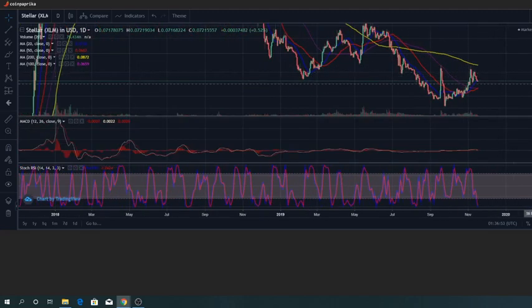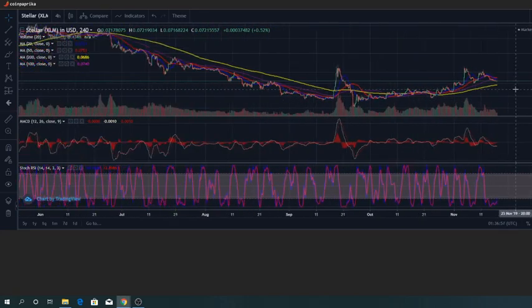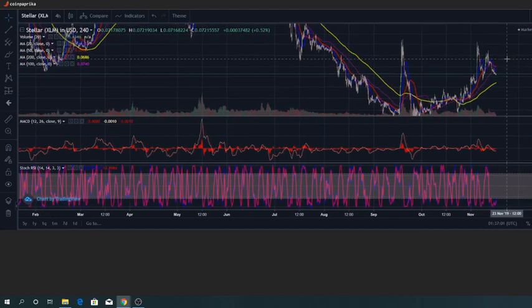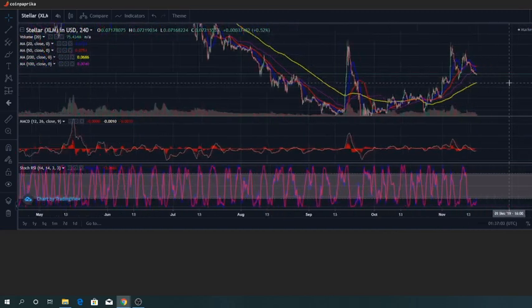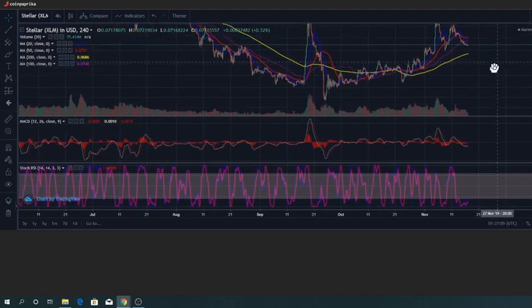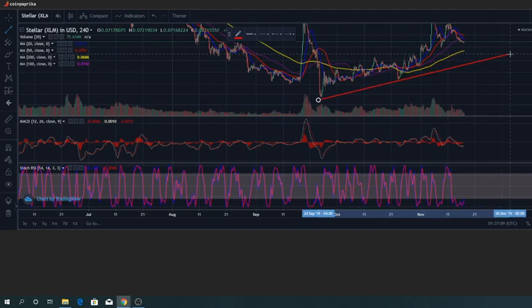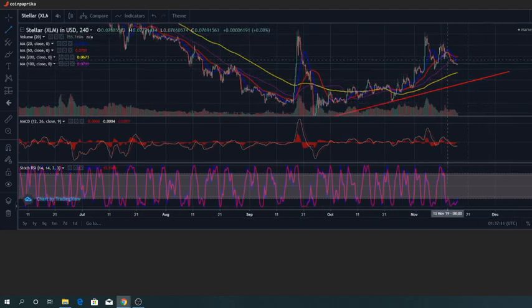But if it managed to break that, that will give a long-term trend showing that the price is above the 200-day moving average. And this is the 4-hour chart and it still looks not that bad. It still manages to keep up that trend line which it has started from the bottom. So the price hasn't visited the lower trend line yet, but it's still possible, it still can happen.